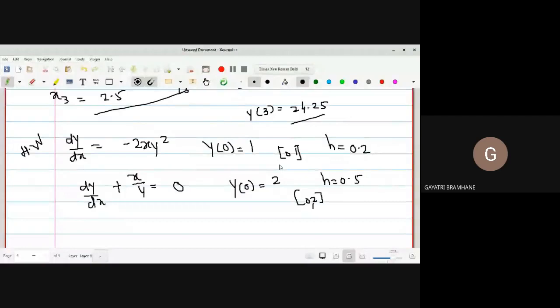Ma'am, at which value we have to calculate? See, what do you mean by this interval is given to us? Interval is given from 0 to 1, right? So if you calculate the value of h, h is 0.2. So in this way, first you have to calculate what is x1, x2, x3 and so on. For which value of x you get 1, up to then you have to stop, right? Suppose h is 0.2, what will you get as the value of x1? Let me calculate this one.